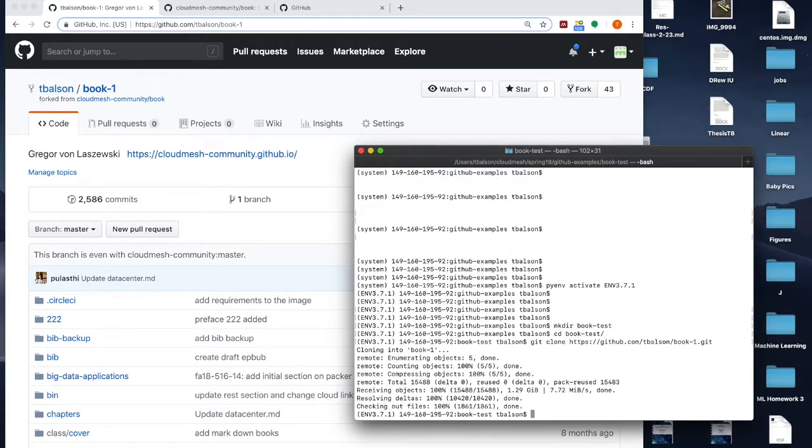Okay, it usually takes a few minutes depending on your internet speed, but we have now successfully cloned our fork